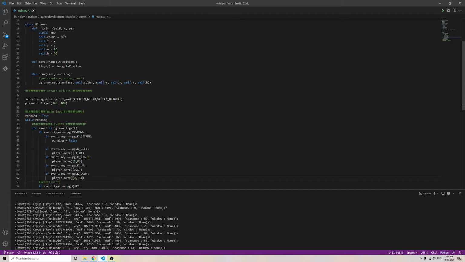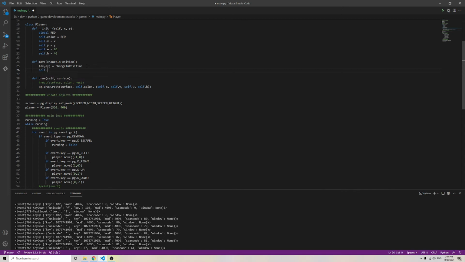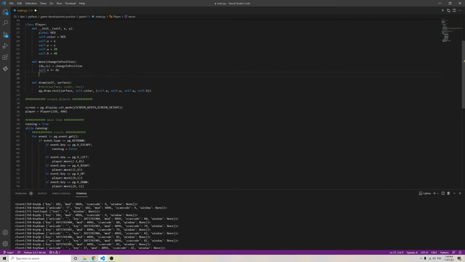Okay. Now let's go. Alrighty. So what this is doing is it is adding the change in direction to the variable. Yeah, see, it says self is not defined, and the reason for that, of course, is for every function in Python within a class, we need to include the self reference. Okay, so if we run this,